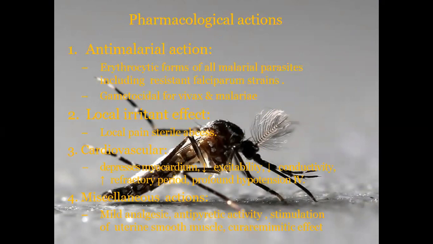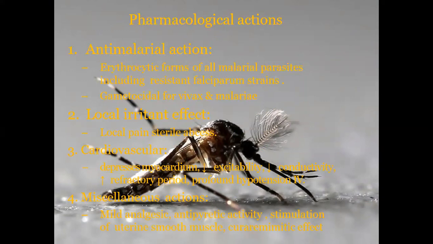Gametocidal for Plasmodium vivax and Plasmodium malariae. It has a local irritant effect, local pain, sterile abscess. Then cardiovascular: depresses myocardium, lowering excitability, lowering conductivity, increased refractory period, profound hypotension when given intravenously. Its miscellaneous actions are mild. It has mild analgesic action, antipyretic activity, that is, it reduces body temperature, and stimulation of uterine smooth muscles,